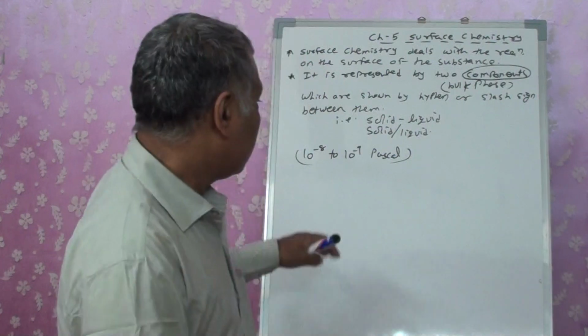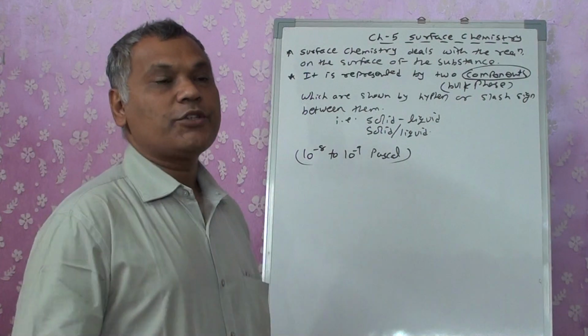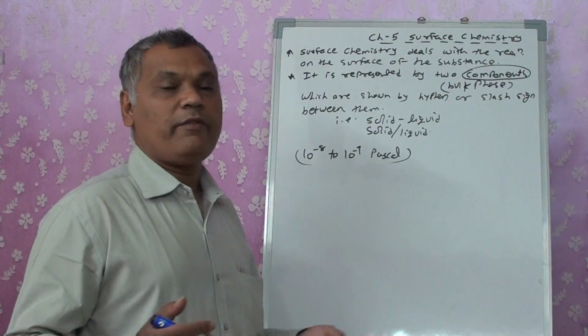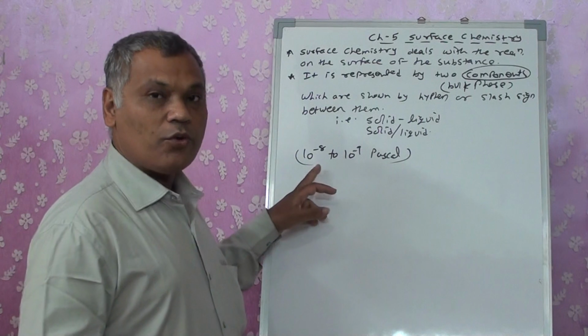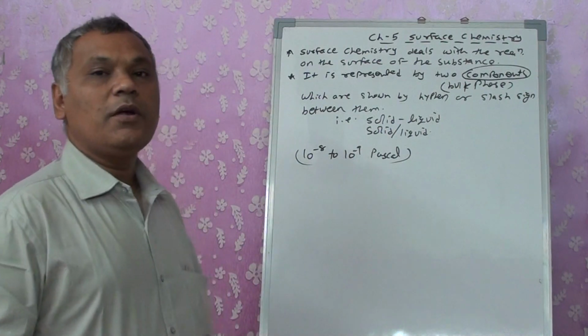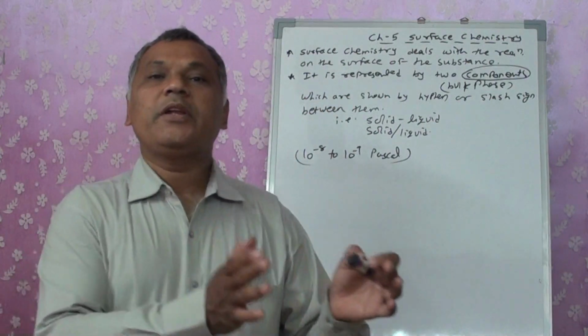So surface reactions differ in that kind of surface. In that case, what we are doing is applying certain pressure on the metal. I am talking about the metal surface, not every surface, right? If 10 raised to minus 8 to 10 raised to minus 9 Pascal pressure is applied on the metal surface in a vacuum, the molecules are removed. Now this metal has to be kept in a vacuum only.